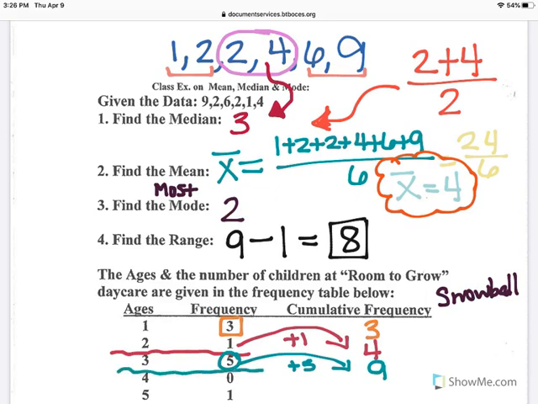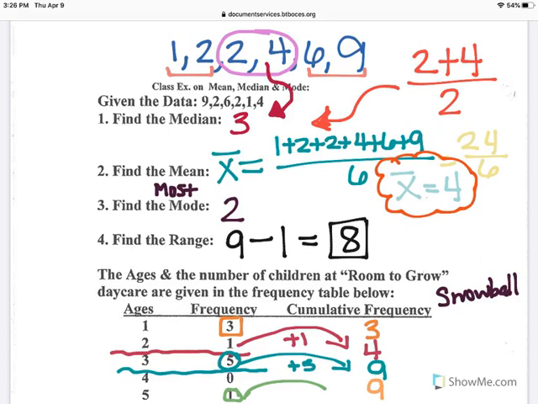So that's telling us that there are 9 kids that are either age 3 or younger. Now, when we get to age 4 and there are 0 kids, adding 0 to our cumulative frequency just keeps us at 9. And then in the final part, at age 5, there is 1 kid age 5, so that 1